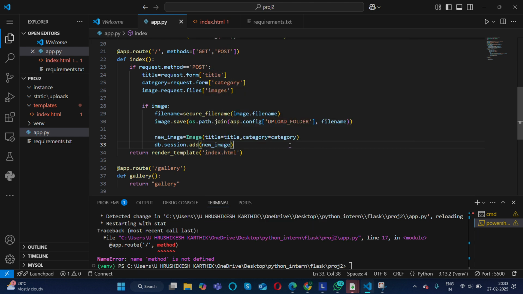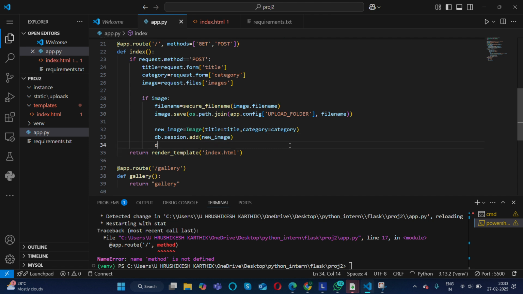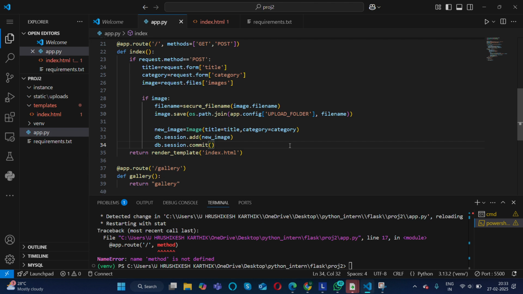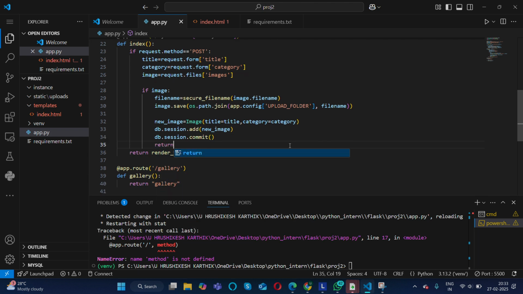So it adds a new image to the database. So it should commit the changes, right? Anyway, so I need to use this function.